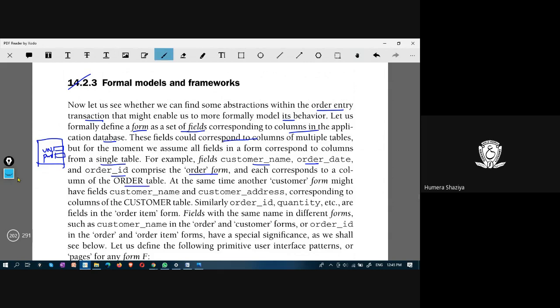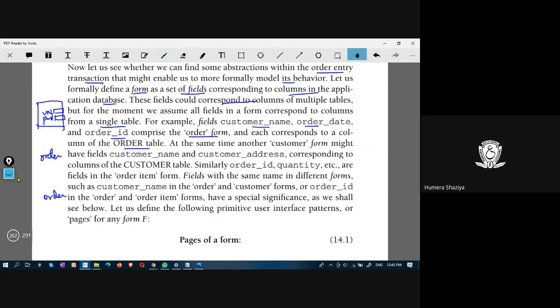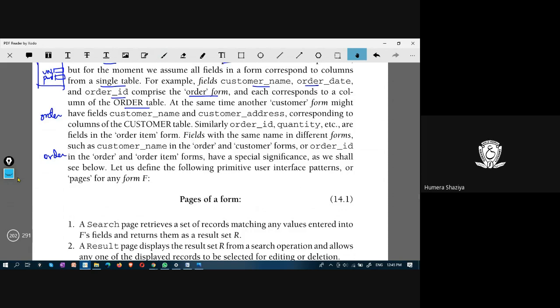At the backend you have an order table, say in Oracle, and the order form in HTML. At the same time, there is a customer form that might have customer name, customer address corresponding to the customer table. There would be a customer table and there would be a customer form.